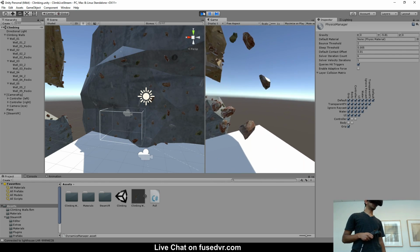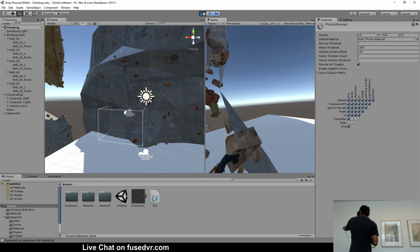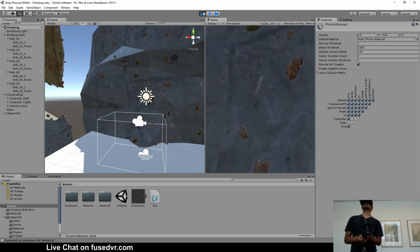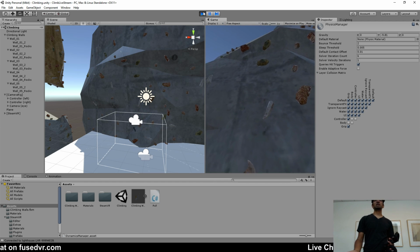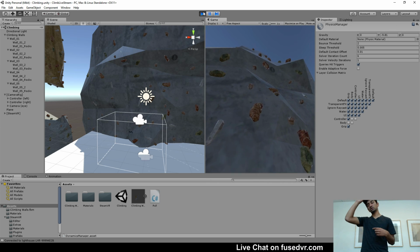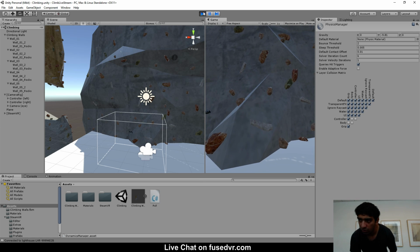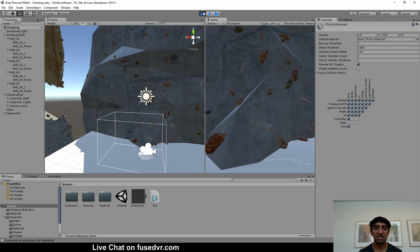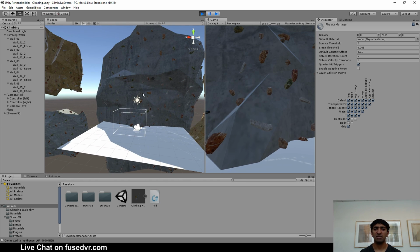Nope. I did have a velocity though. That's the important part. Yeah. See, like I'm basically pulling myself forward just a little bit. And obviously we can tweak the gravity so that I get more of a force, and we can also increase the velocity more to have more of a force to actually pull myself forward. But that's just kind of the gist of it. And so yeah,